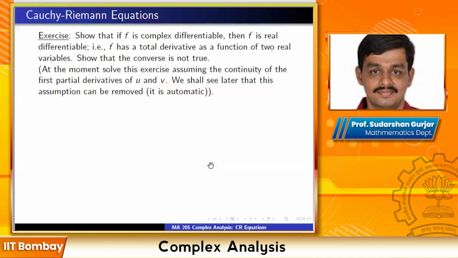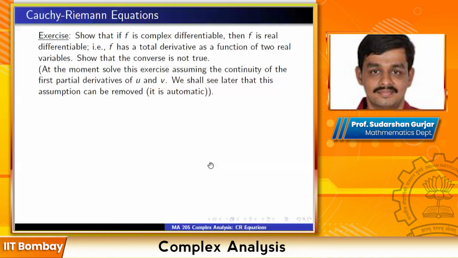And you will find any number of examples you want of functions for which the total derivative will exist, but the function will not be complex differentiable. So notice something very interesting, I should mention that, okay, maybe I'll come to that a little later. Yeah, so what is very clear right now is that complex differentiability is much stronger, right?